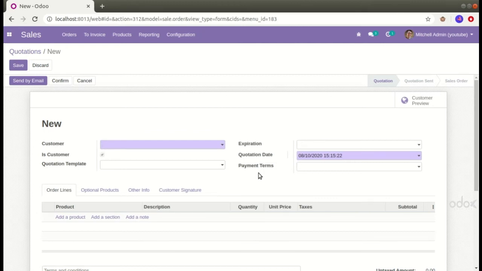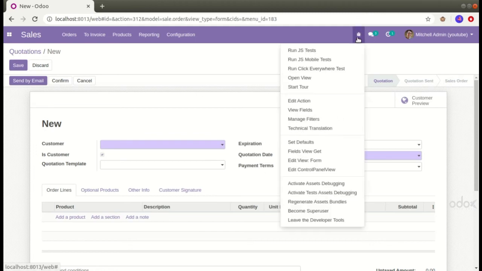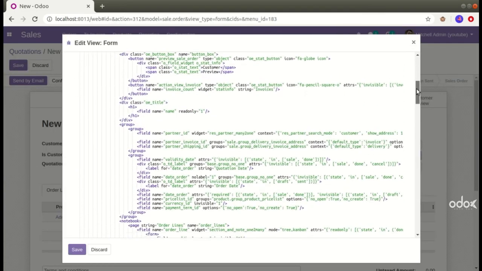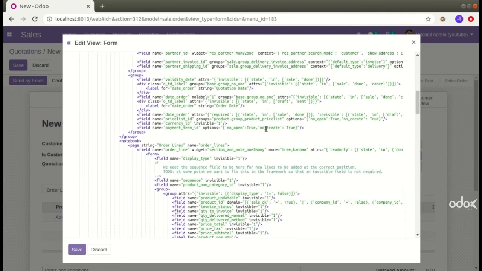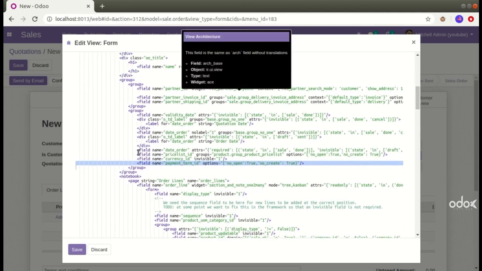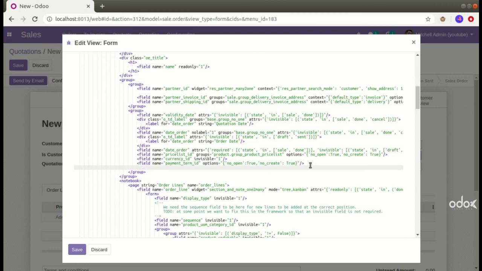Now let's add the payment method after the payment terms. For that you need to switch on the edit form view again and locate the exact path, so that we can give it in the XPath expression. So it's here, the payment_term_id. Now we can see that it's inside a group again. Exactly, it's inside the second group, and after the field name payment_term_id. So our field will be appearing here. So let's go back and change in the PyCharm.